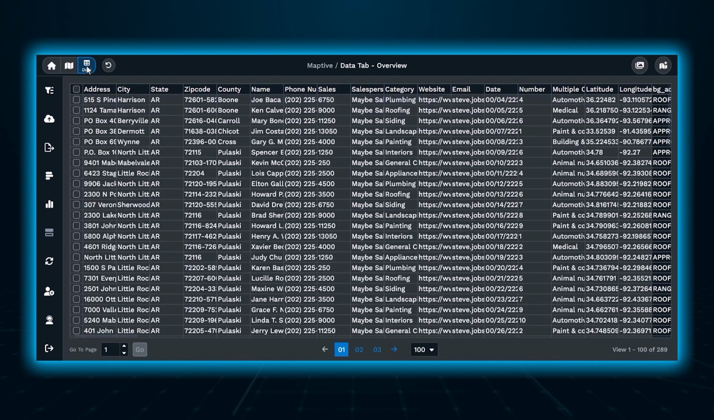Here we are on the Data tab. This is the Data tab itself. If we click on the map, we'll be out at a map instead that represents these lines of data. You can filter your data from here, import new data, export data, add a new row or location, add a new column,